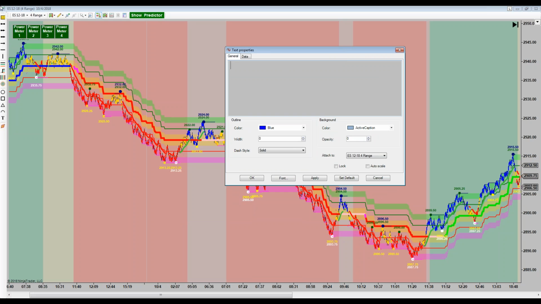So generally speaking, when you are in a trend, that's when you're going to look for runners. And runners are simply trades that go for, as the term runner would imply,